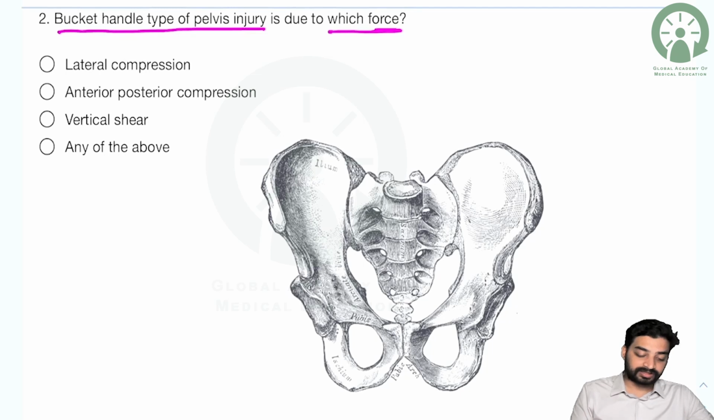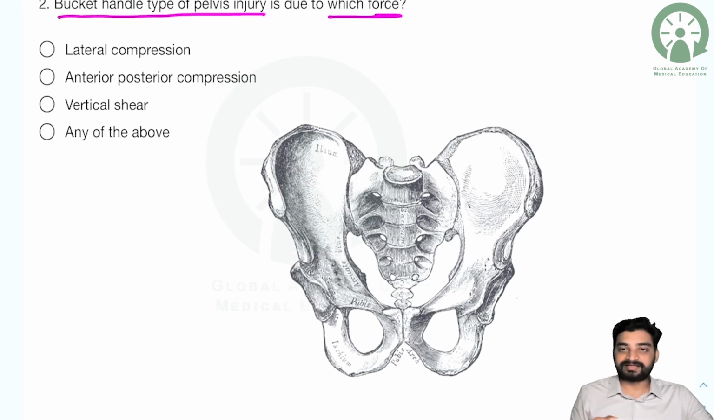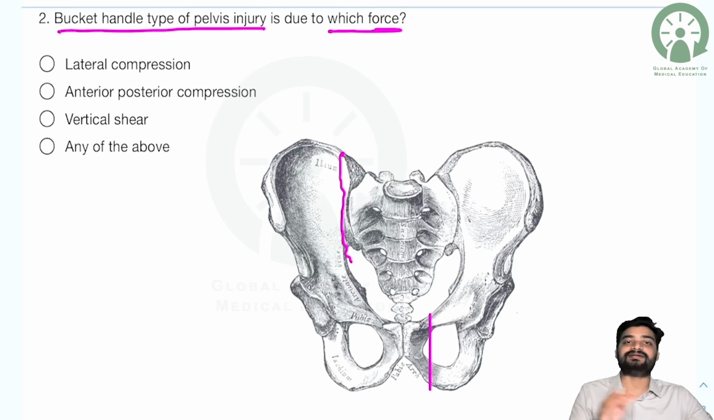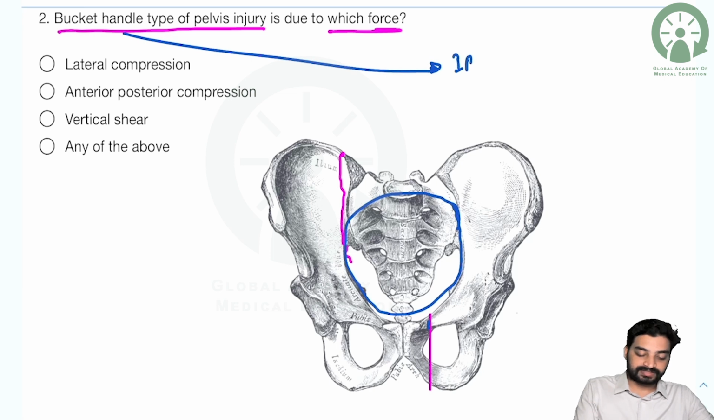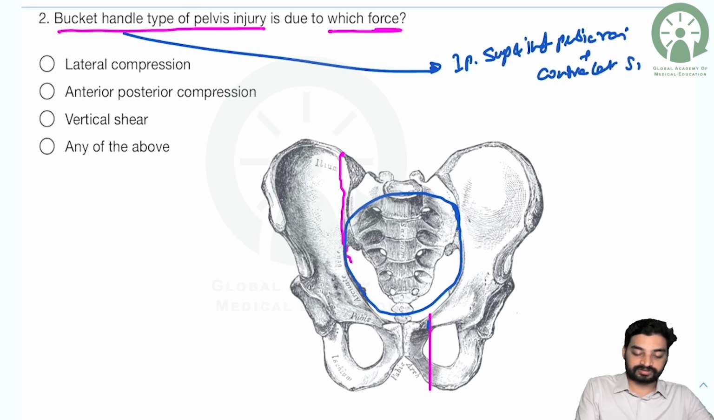What do you mean by bucket handle? A bucket handle type of injury means your ipsilateral superior and inferior pubic rami fracture along with contralateral SI joint disruption. This is called the bucket handle type of pelvis injury. As you can see, this is the pelvic brim, which acts like a ring. In this scenario, the ring is broken. So this kind of injury where your ipsilateral superior and inferior pubic rami plus contralateral SI joint